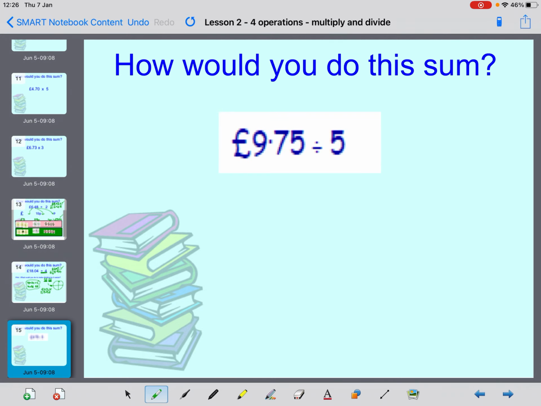Okay, right, here's another one, sharing by 5. Helps if you know your 5 times table. How many 5s are in 9? 5 times 1 is 5. We're trying to make 9, so there's 4 left over. How many 5s in 47? How many 5s in 25? And you get 5 for that one there. Okay, right, I think that's enough of those for today. So you will have an exercise in your teams